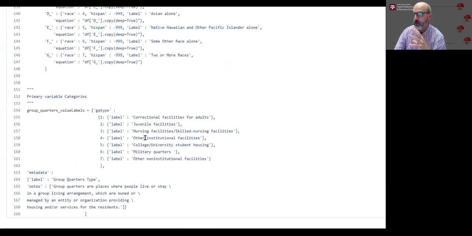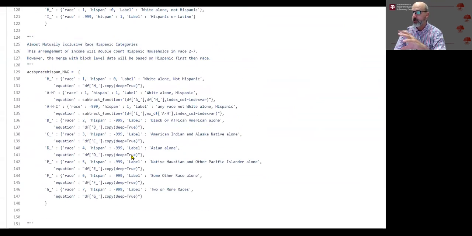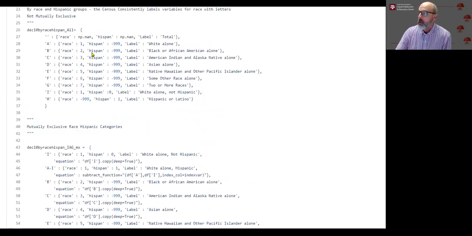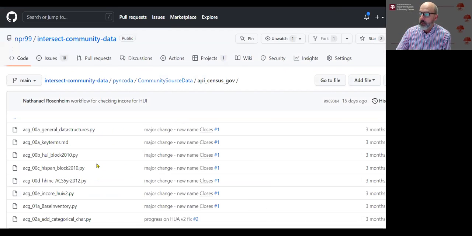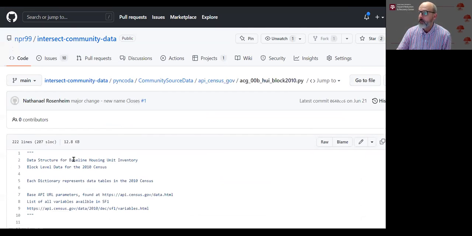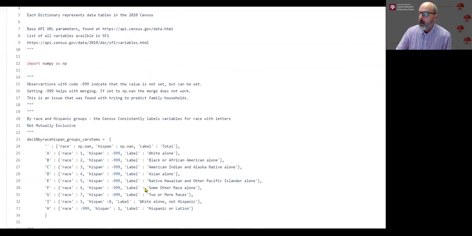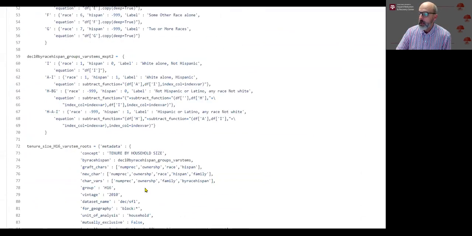So this is group quarters type. This data structure is flexible, where if you know of a variable that's in the census data, whether it's decennial or ACS, then you can set up a new data structure that would be able to use